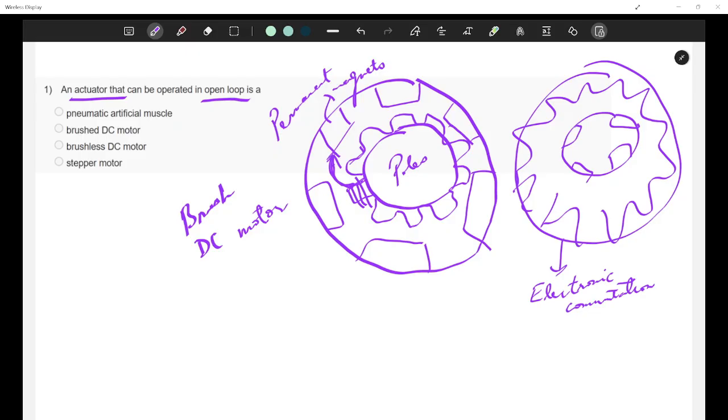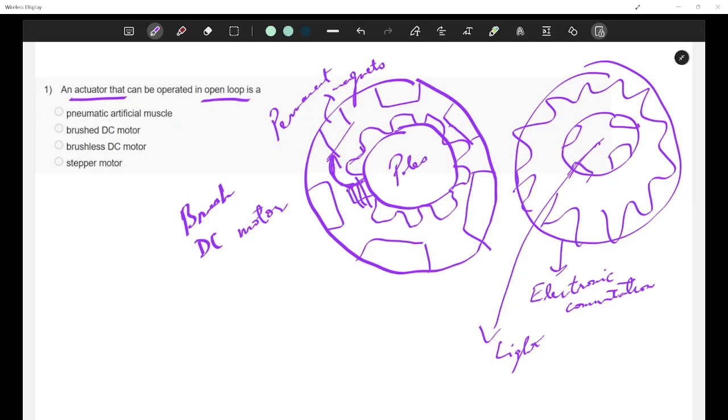One more thing is, since the rotor is light, you are able to achieve back drivability of the motor. You might have seen, if there is a simple brushed DC motor, you can just rotate it in the forward direction. But if there is a brushless DC motor, you can also rotate it in the backward direction. You have the feature of back drivability, and that is there because this is light. You can brake it at a particular speed.